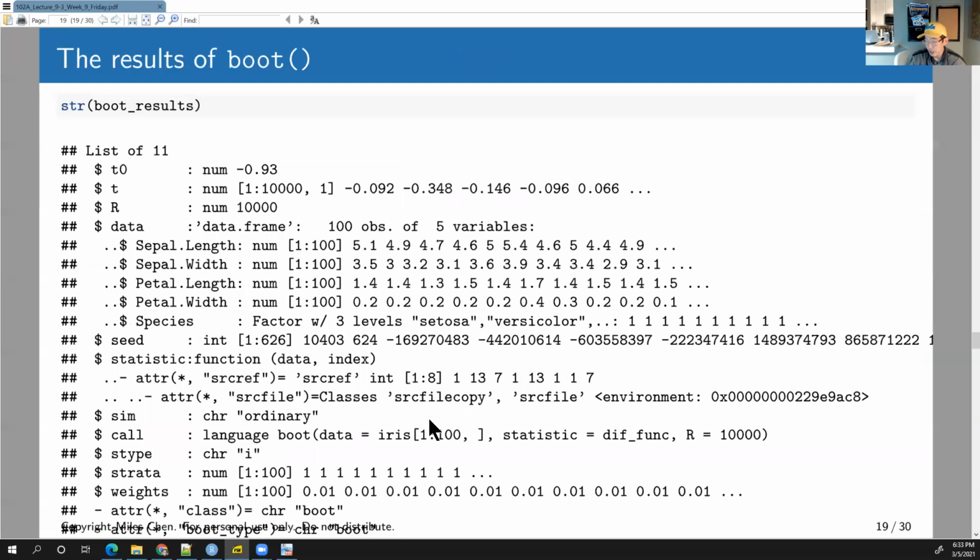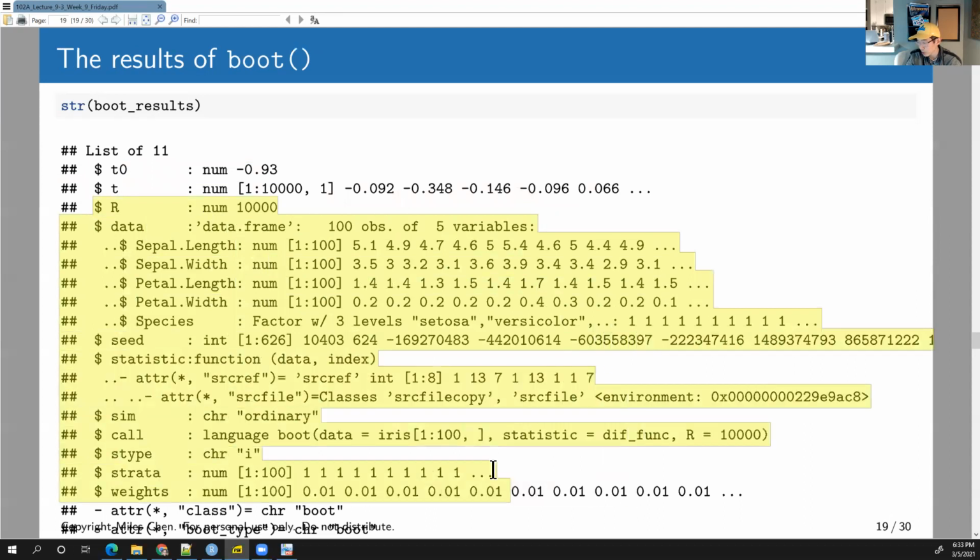All right. So anyway, this is the results of boot. It's a big list. Probably the most key things are T0 and T. Pretty much all of this other stuff is just information regarding the conditions under which boot